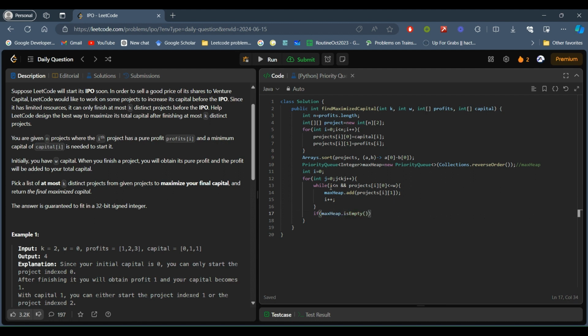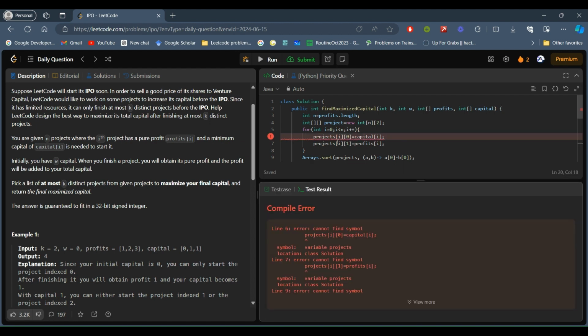Otherwise we poll the value of the max heap and add it to w, and after the completion of at most k distinct projects, we will return the value of w.